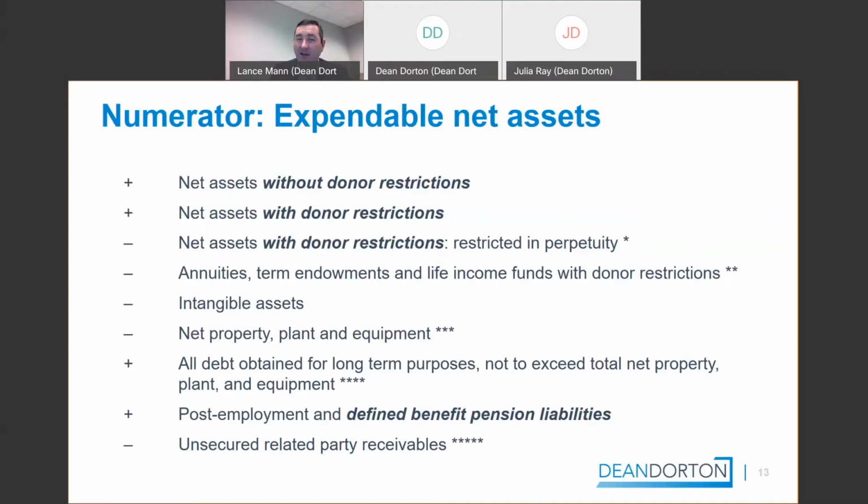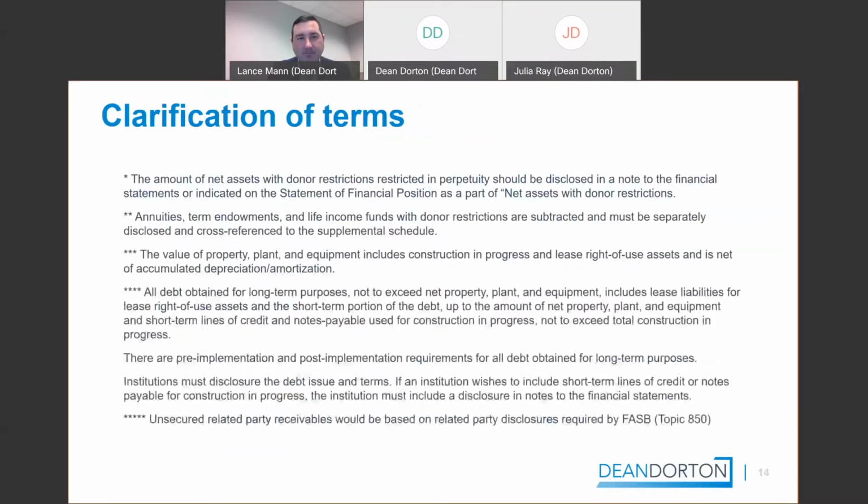We're going to get into debt and property and equipment later because there are some new rules around how much debt you can add back, which could impact some people's calculations. I've already seen it impact some of my clients' calculations. I had a bunch of asterisks because you can't write a law and not have a bunch of footnotes in terms of what these things mean. I'm going to dig into each of these later in the presentation around how they should be accounted for in the calculations.